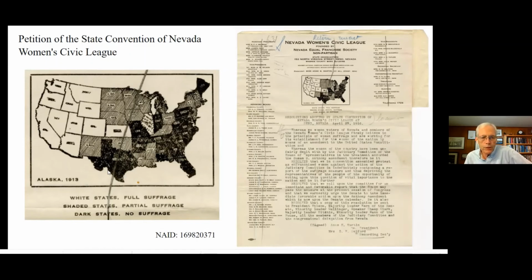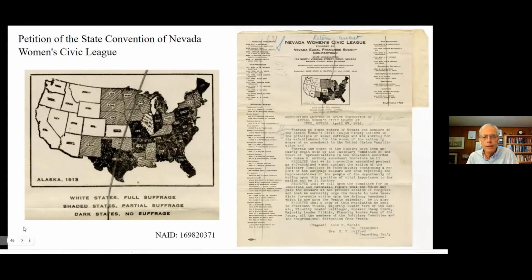And it introduces the idea of how suffrage was granted on the state level before the federal level in a kind of cool way, because you see the white states on this map are where women have full suffrage when the document was created in 1916. Then the diagonally shaded states are those where women had partial suffrage. And then the states that are in black ink are states where women could not vote. So getting kids to think with a map and think through a visual primary source is kind of a cool thing. So, much though I like this document, I like the map even better.